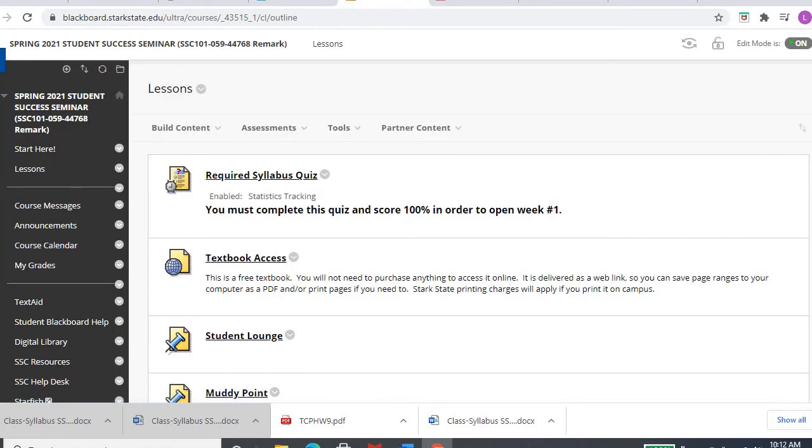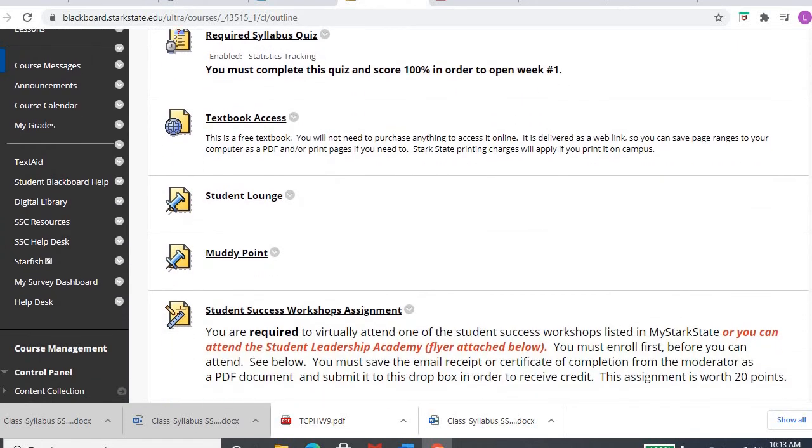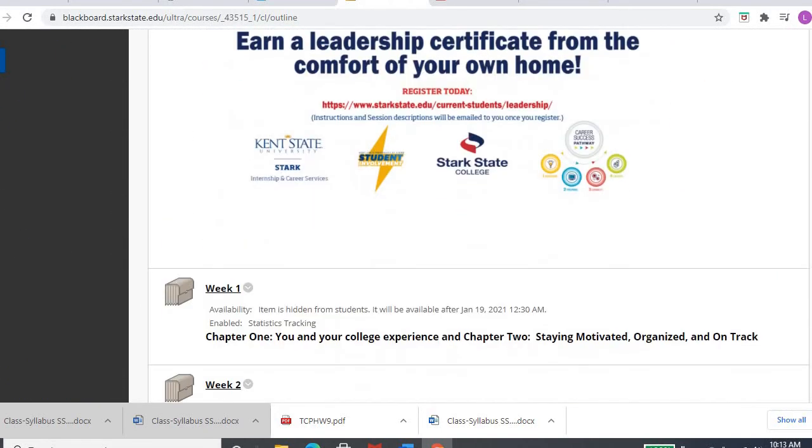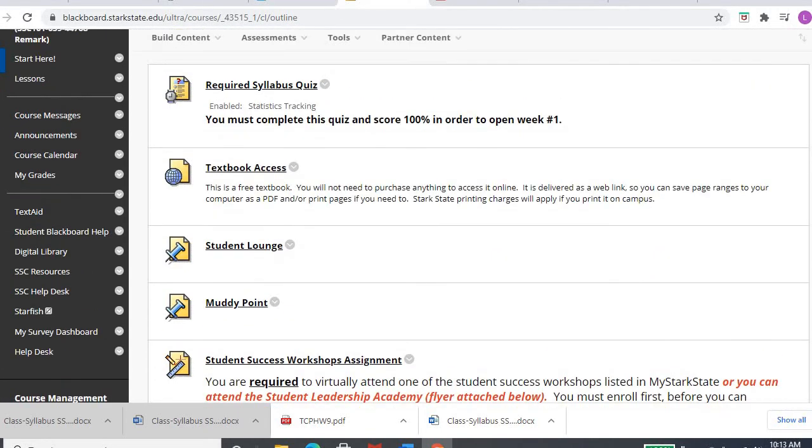You have until the end of this 8-week session, but I really do encourage my 8-week students to try to do a workshop sooner rather than later, because what ends up happening is you get down to the very last little bit and there's not a workshop available or one that fits with your schedule. So try to get that done sooner than later. So that's a little bit about those sections. Again, I'm going to go into week 1 in the week 1 video, so be looking for that.